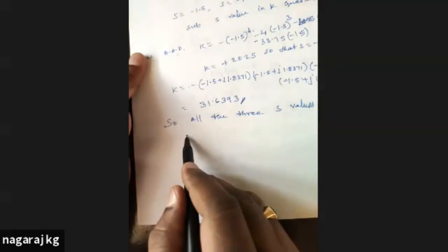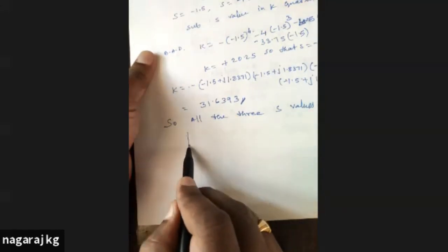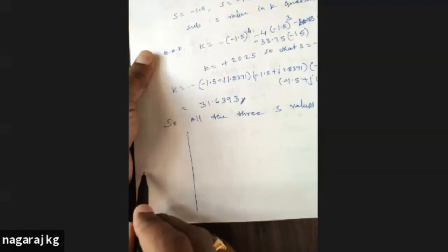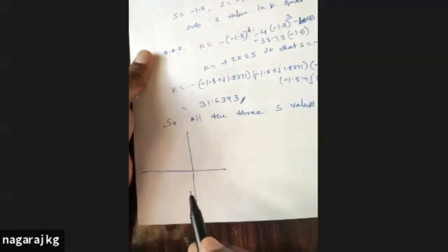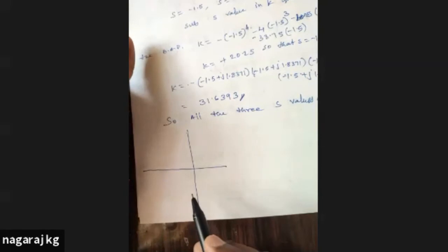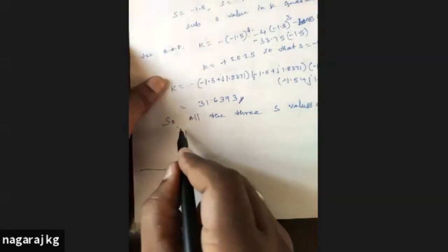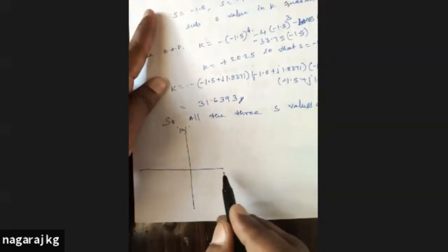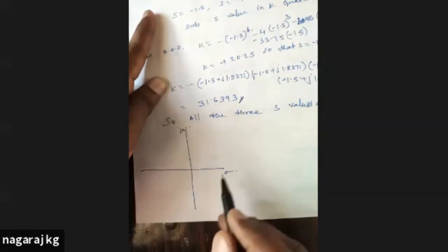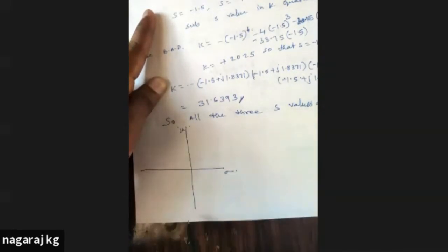Now we roughly will go to sketch the root locus. Then we'll see how to proceed with the next terms. For this, you draw the graph. You draw the s plane first on your plain sheet. This is the imaginary axis, j omega axis. This is the sigma axis. This is the real axis and this is the imaginary axis.